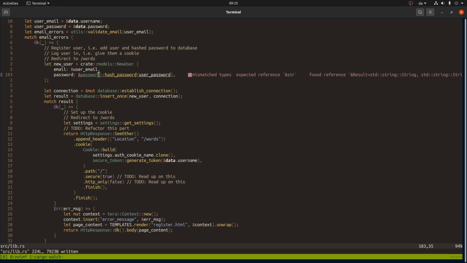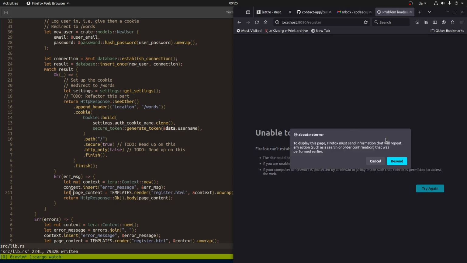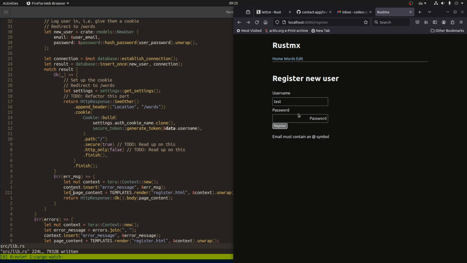Right, so we need to hash the password, and apparently that can fail, so we have to unwrap that. Okay. So let's see if we can actually get this to work now. Let's test it again. And of course it doesn't, because it was compiling. Okay, so it still